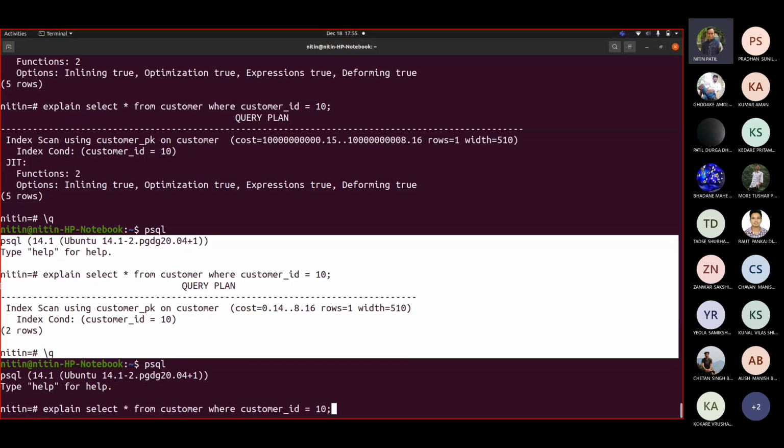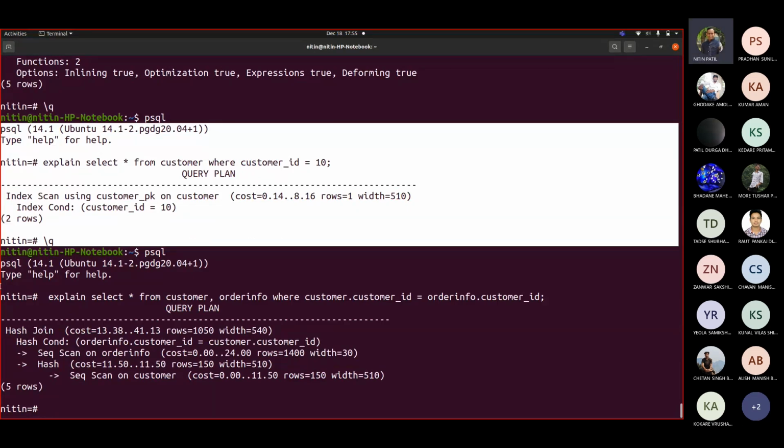OK, now let us try to add some more things. So let us go to that customer ID, same one. Now you see here hash join.